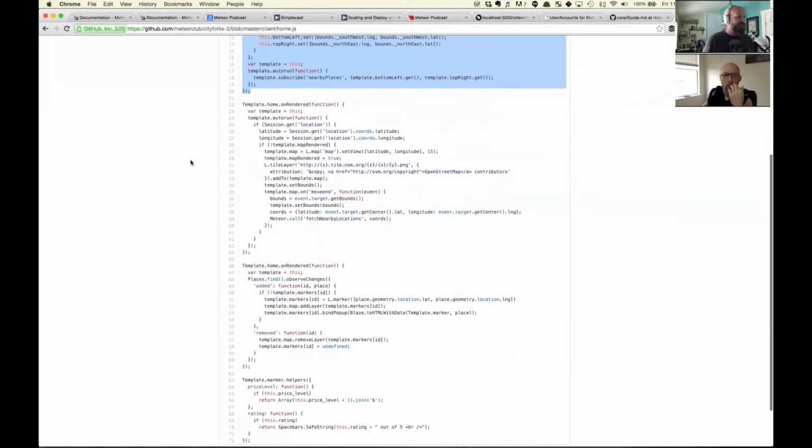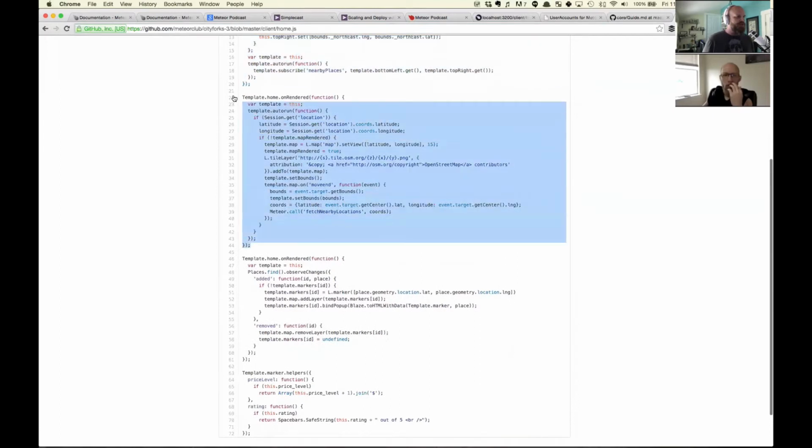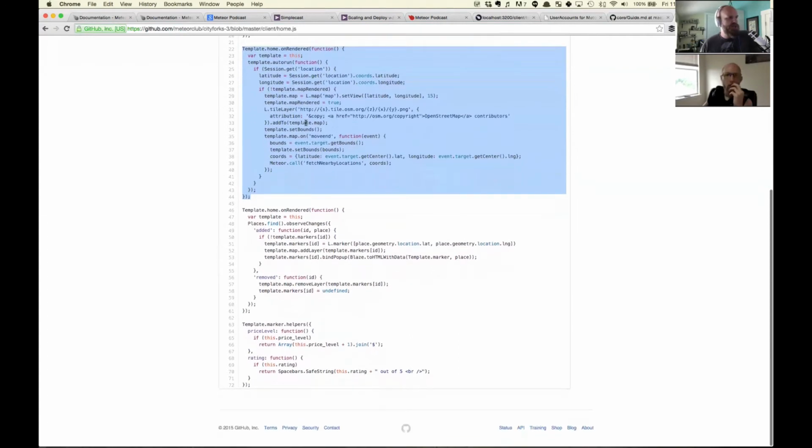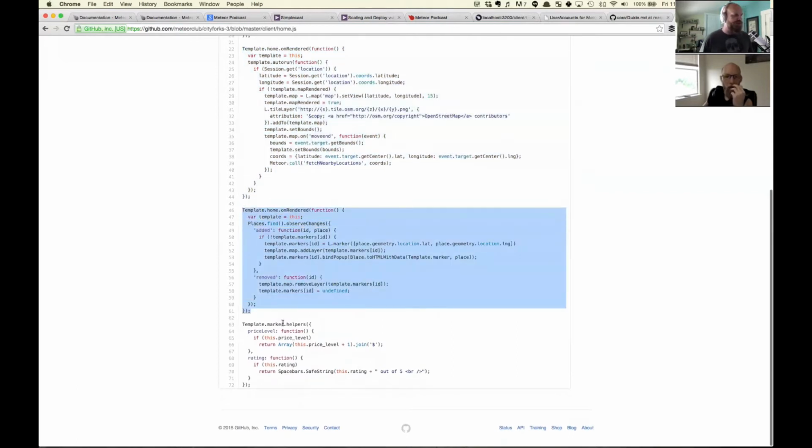And so then down here, once we insert it into the DOM, this block of code will check to see if there's a map. If there's not a map, then we're going to shove a map onto the page and figure out the location. We give it the coordinates, and then we figure out the edges of the map. And then down here in this on-rendered block, we're actually adding in